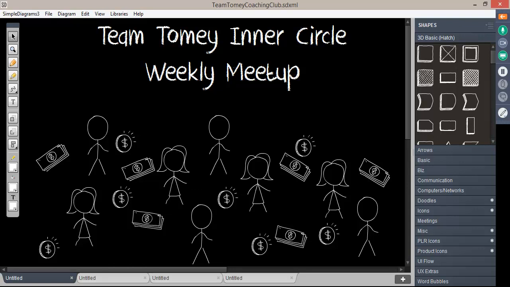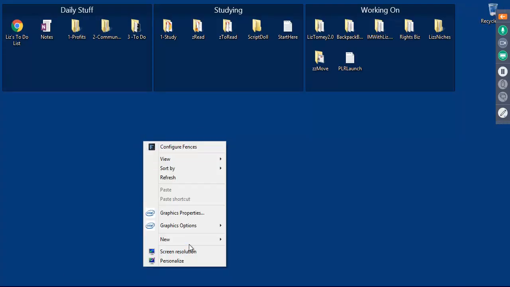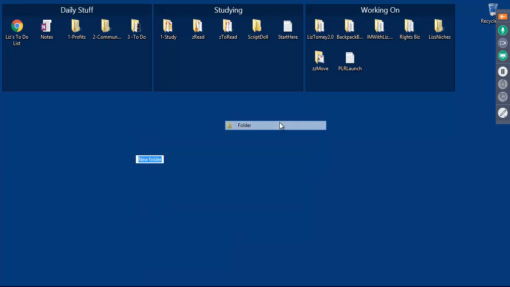So when you go and you want to write an email, or you want to write a blog post, or you want to write some sales copy, you need to find things that are like what you are trying to sell, okay? And you need to create a folder on your computer. I'm going to call it new folder, or call it folder. We're going to call it swipe file.